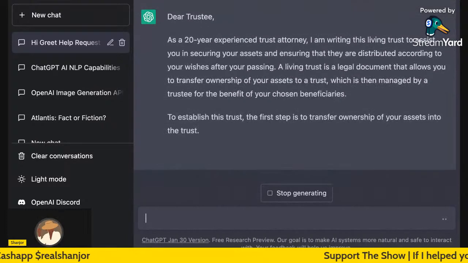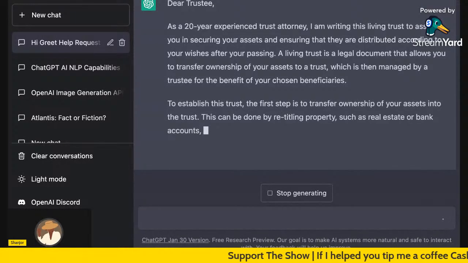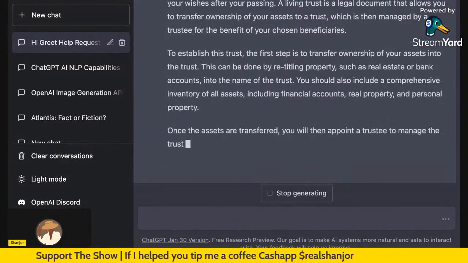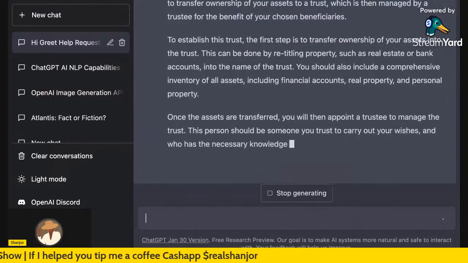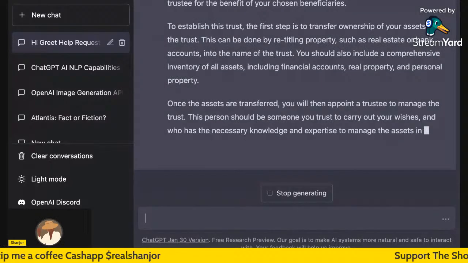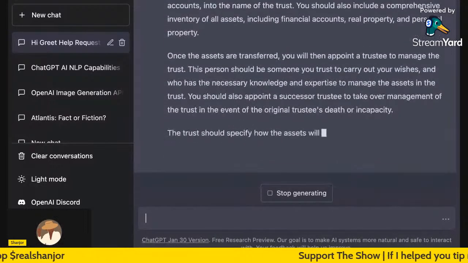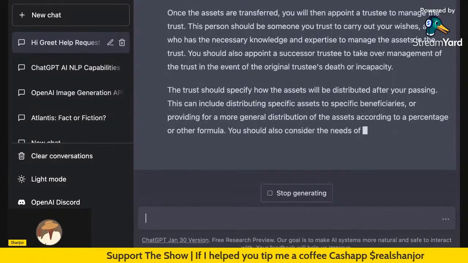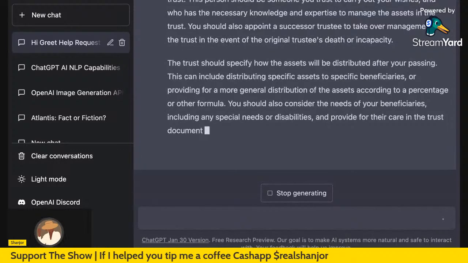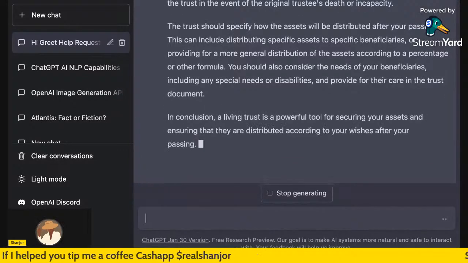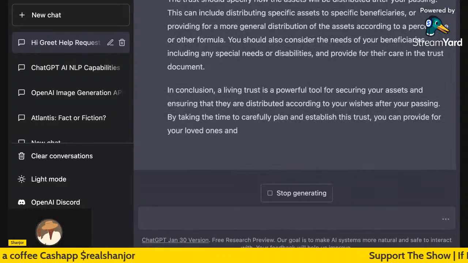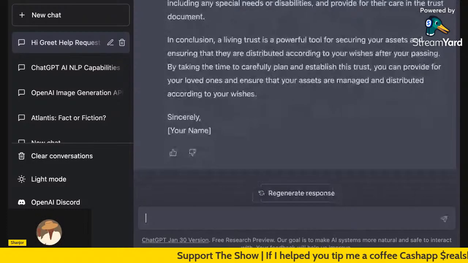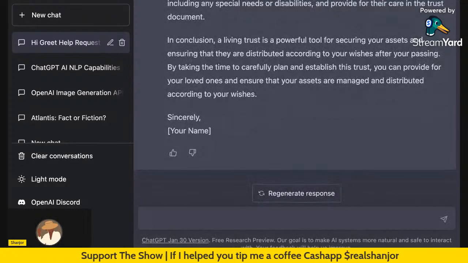So if you guys are coming in, you're seeing ChatGPT AI is writing my trust out for me. If you don't know what a trust is, if you have any kind of property, assets, anything that you want to pass down to your next generation, it will behoove you to have some sort of trust set up to protect these things, right? I asked AI because I'm trying to cut down how much I have to pay a lawyer to write these things. Now I have my own format to write my own trust, right? So let's look at it.